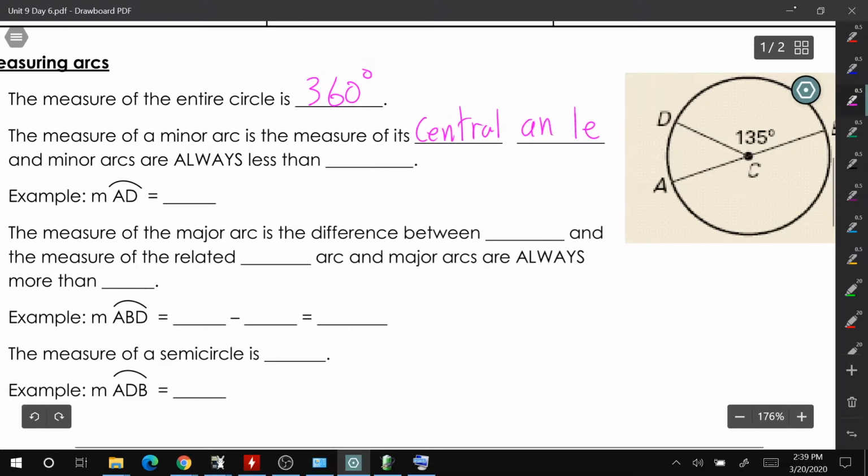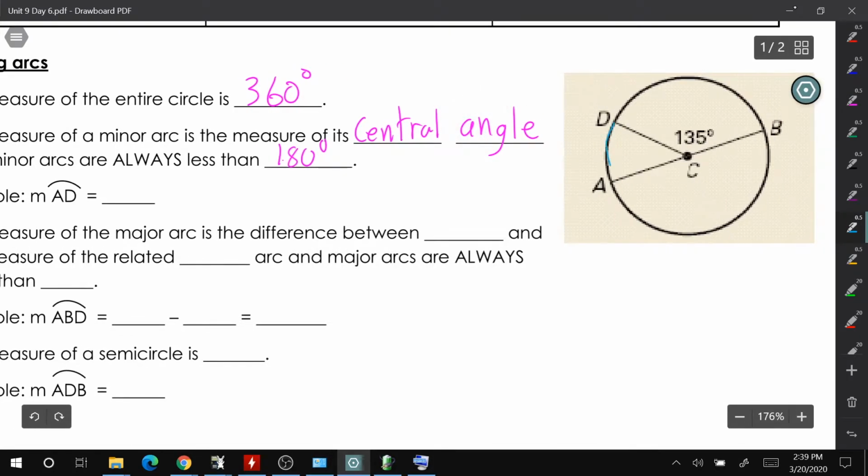So the arc measure and the central angle are the same, and minor arcs are always less than 180 degrees. So what that looks like, if we're trying to find the measure of arc AD right here, we need to find the measure of this angle right here,